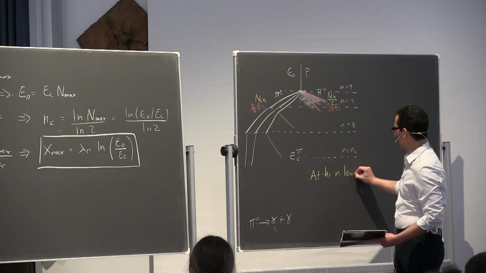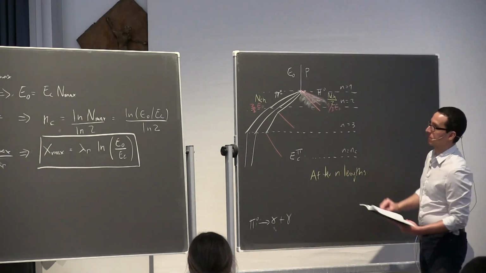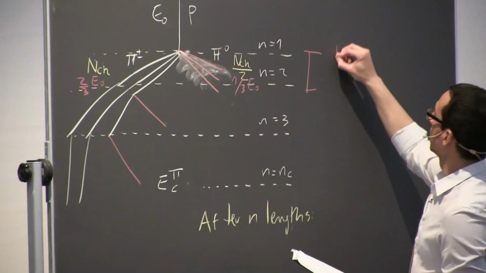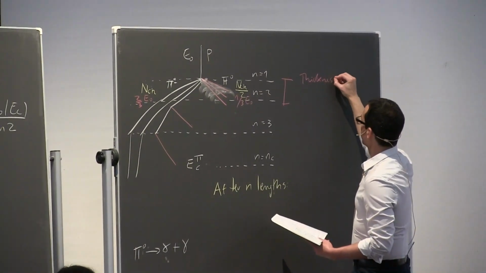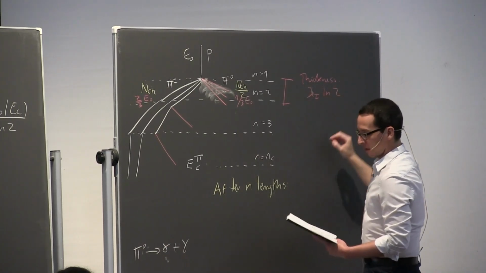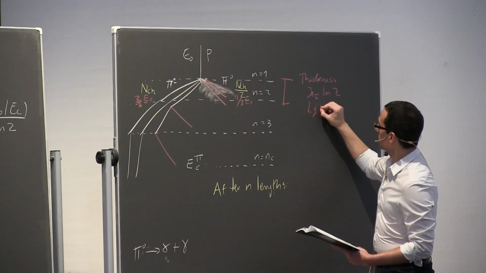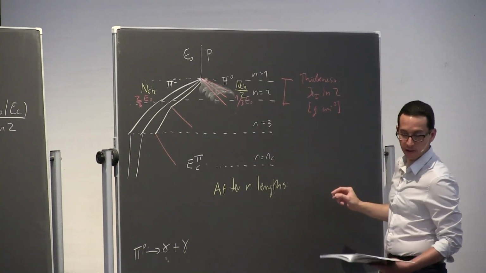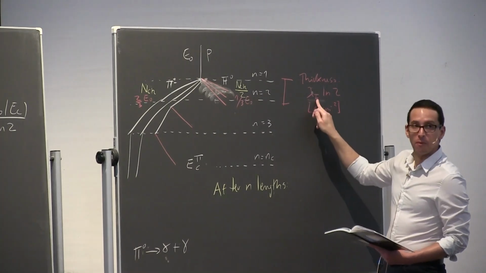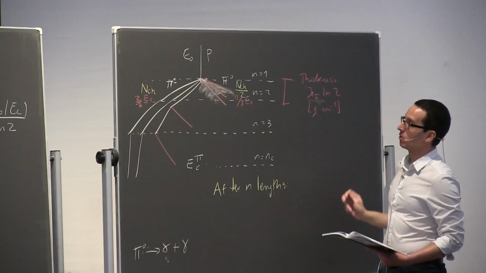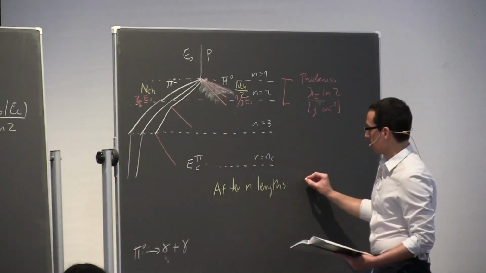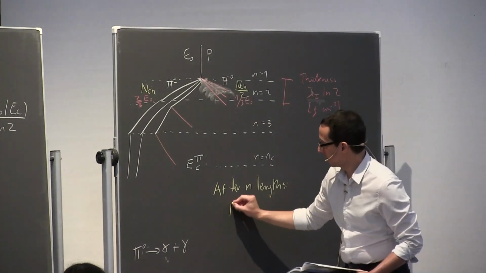After N lengths, which reminds me I didn't write what the lengths are here, so let me do that now. This is this thickness here in the atmosphere, or the column depth rather. That's the interaction length. And it's again a quantity that is measured in grams per square centimeter. It's a column depth. This is something we calculate, and actually this is the source of most of the uncertainty in shower development, because it depends on the proton-air cross-section, and I'll show how that looks in a little bit. So, after N lengths, the number of